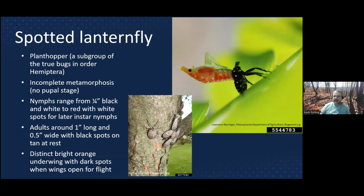The spotted lanternfly is a plant hopper, part of the subgroup of true bugs. They undergo incomplete metamorphosis, so they have no pupal stage, but they have a few different instars that they go through before they become adults. The nymphs range from a 1/4 inch, those black and white individuals in that top right picture, and you can see they're actually shedding that skin and emerging into the next stage. The adults get to be around 1 inch long and a 1/2 inch wide or so,